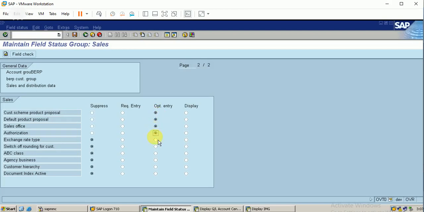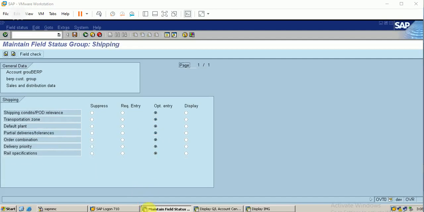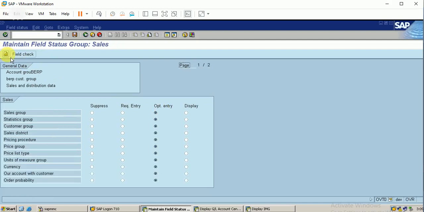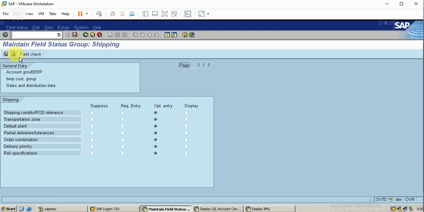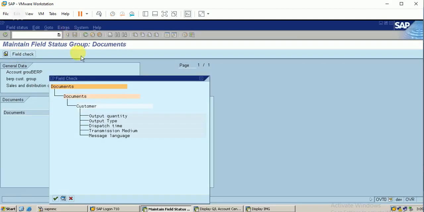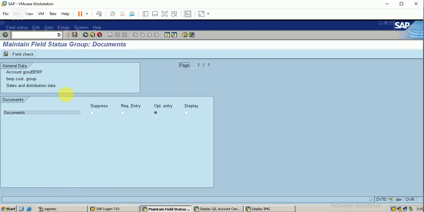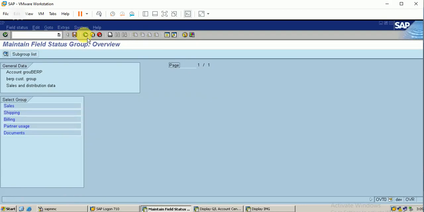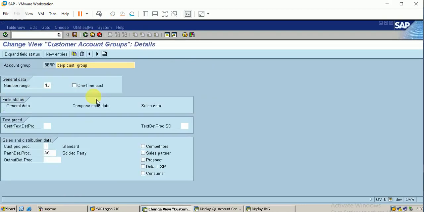See, so I have made every entry as optional entry. Kindly check it. Every field I have modified to optional entry. Similarly, in the company code data.